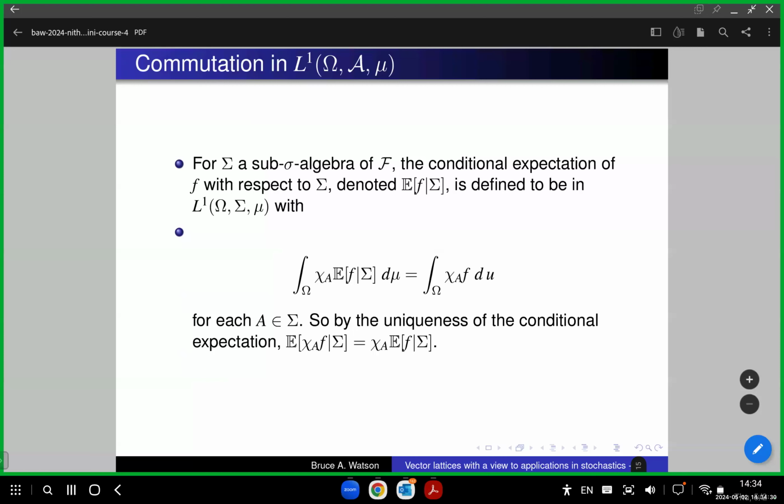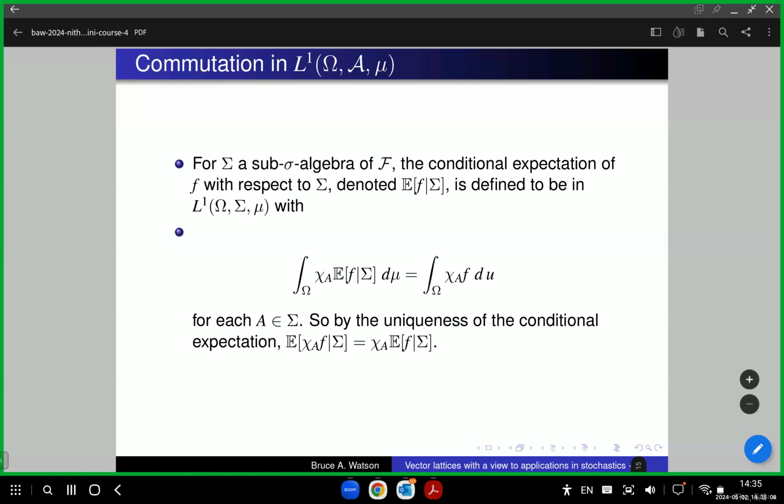Okay, well, the next property that we're going to look at, we will motivate from our classical L1 space, where we have L1 over a probability space. And if we take sigma as being a sub-sigma algebra of F, and we denote our conditional expectation operator with the conditional expectation of little f with respect to sigma, as shown here, E(f | sigma),